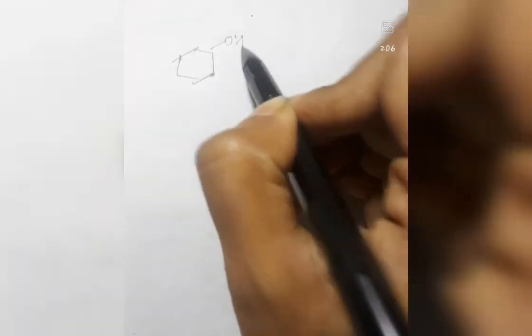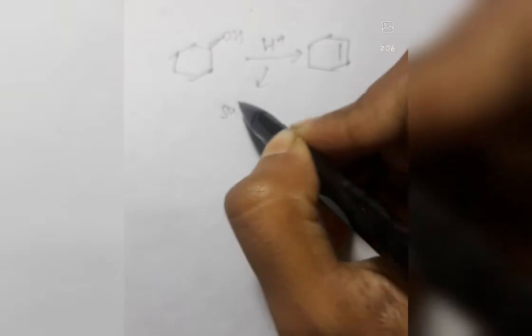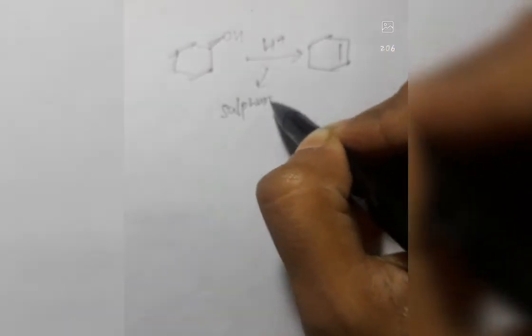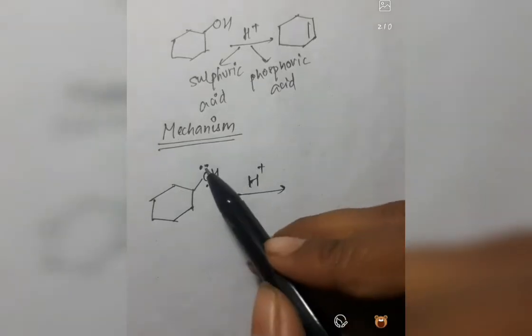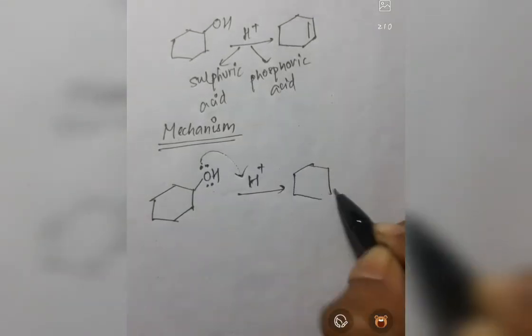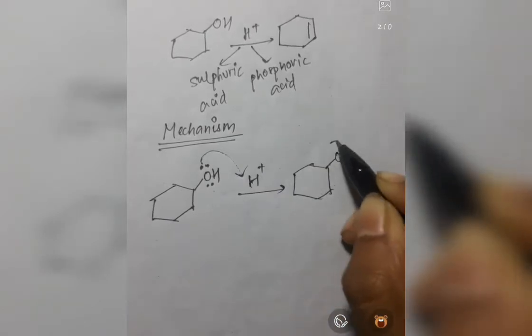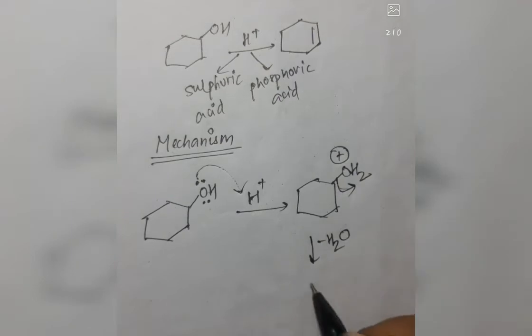In order to convert cyclohexanol into cyclohexene, we usually use an acid. And the most common acids that are used are sulfuric acid and phosphoric acid. Now, let us look at the mechanism. Here, the OH group will take up a proton from the acid and it will form OH2+. In the second step, this water molecule will pop out and it will generate a very reactive carbocation